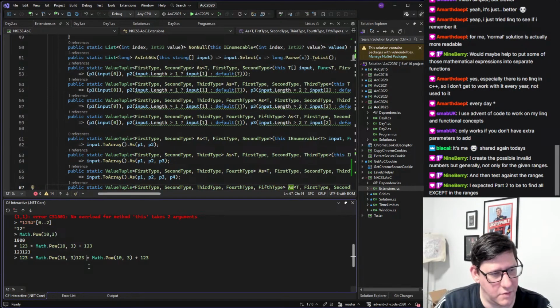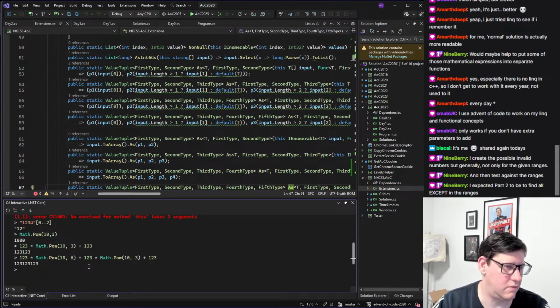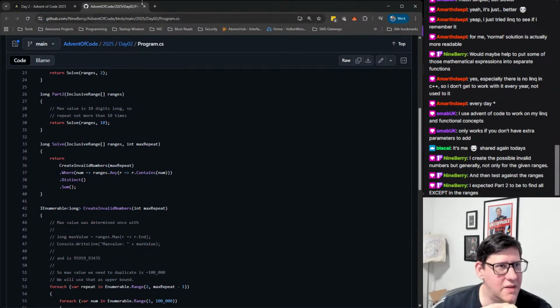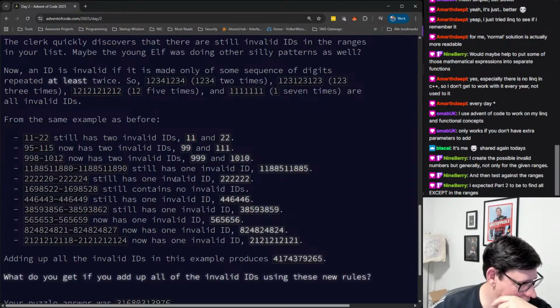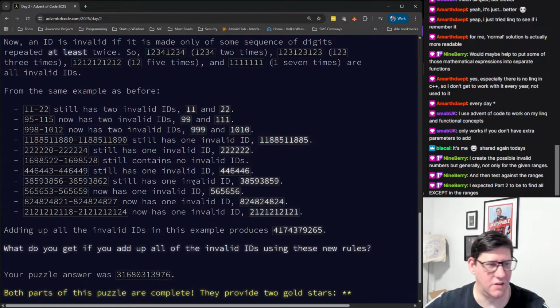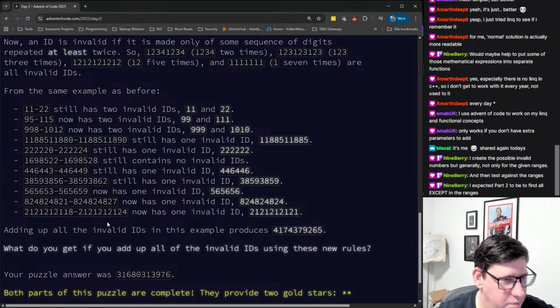Only thing about the interactive one is that it doesn't really like copy pasting because it gets nervous. Right. So you could use this to rebuild the number there instead of the string, but it's something that I should probably do myself and test to see if it works. Let's see now. Expected part 2 to be find all except in the ranges. Yeah. I was actually thinking that there must be some twist that the ranges become very huge, but yeah,